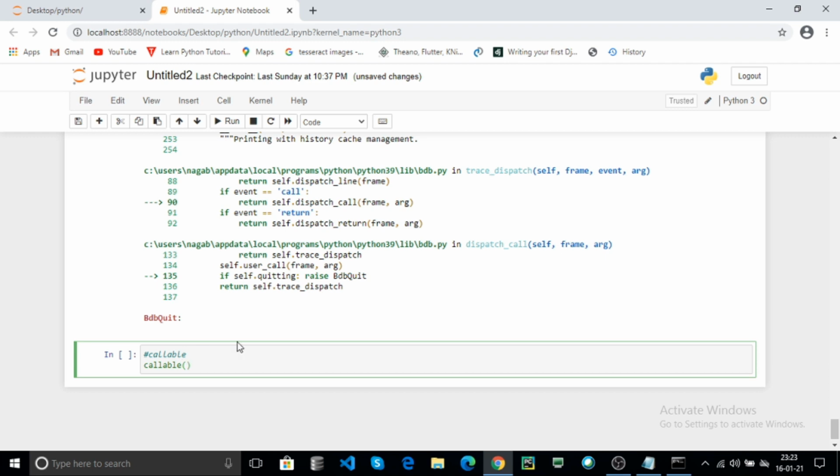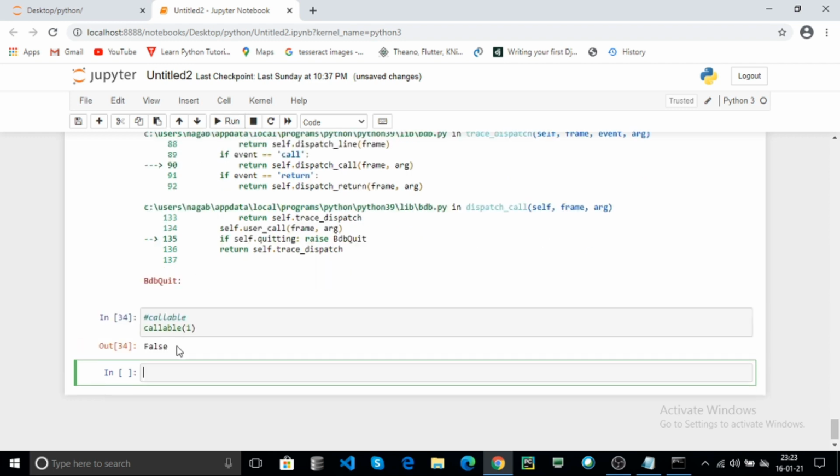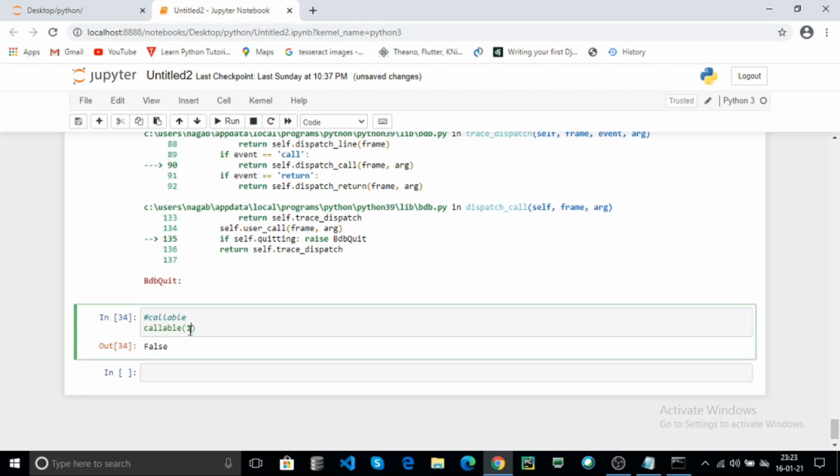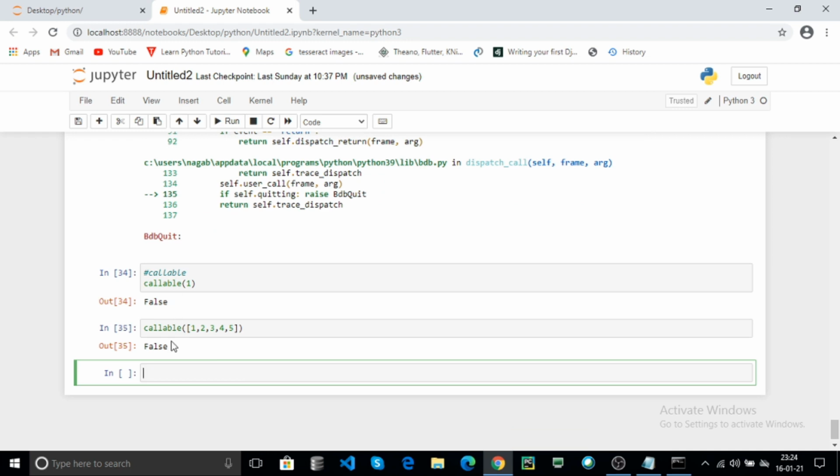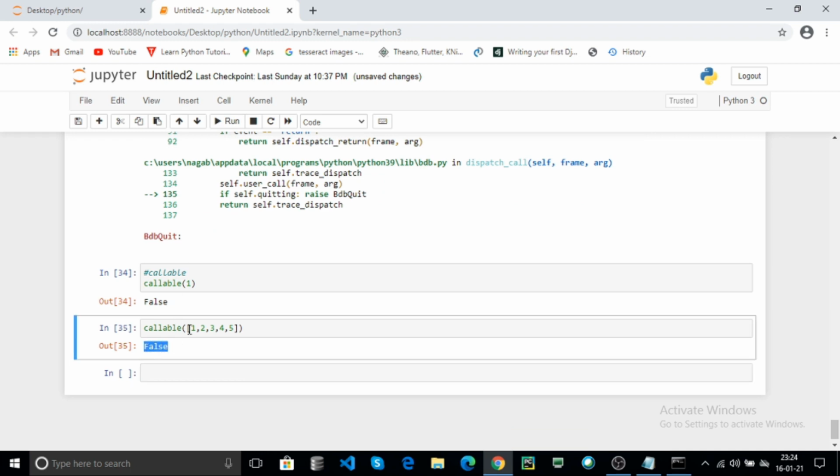For example, callable of 1, click on run. Here it returns false because 1 is a value, not an object. You can use callable to pass the list 1, 2, 3, 4 and click on run. Here it also returns false because this is not an object, this is a list creation.